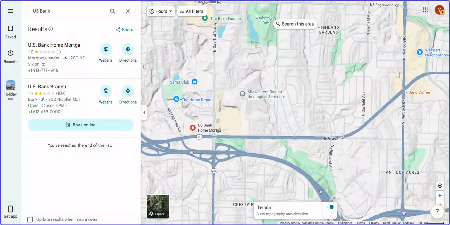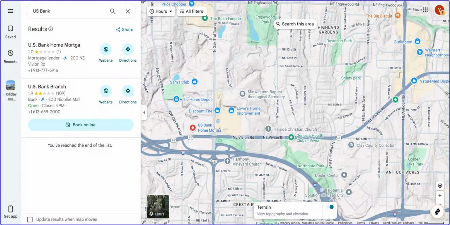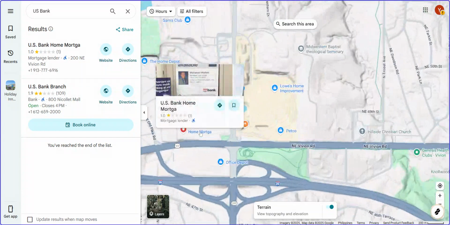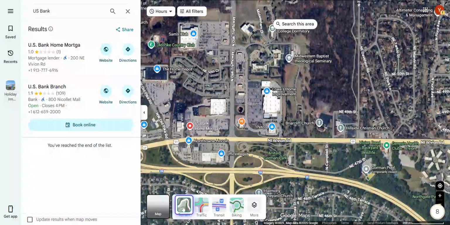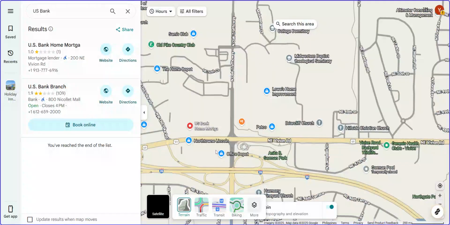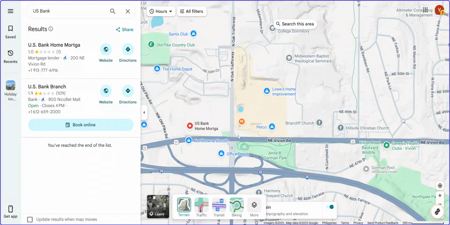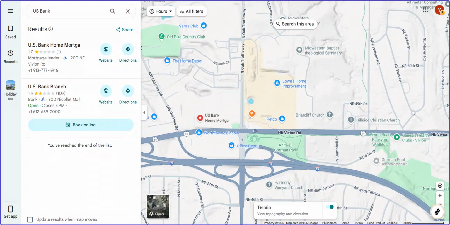Now that you've landed on the Google Maps homepage, you'll see several options and a map view of your current location or a default starting spot, depending on your settings. Look for the search icon on the map interface. It usually appears as a magnifying glass at the top left corner. Click on this icon